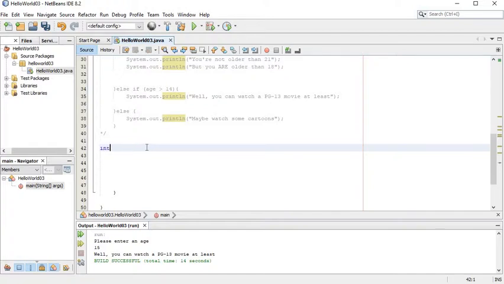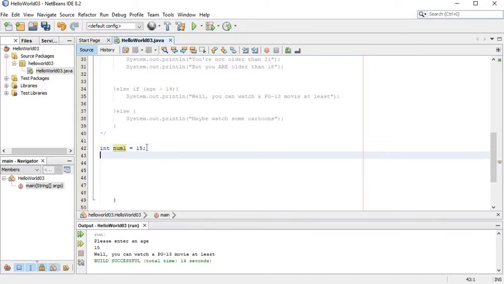So check this out. int num1, and I'm going to go ahead and give it a value. Let's say 15. Okay, if num1, and let's say, this is going to be fun, % 2 equals 0. I chose this one for a couple of different reasons. First,